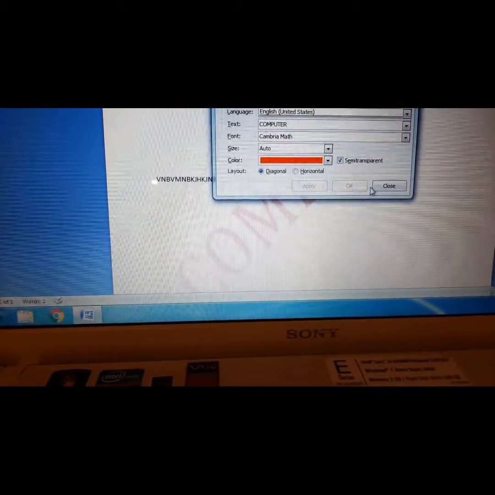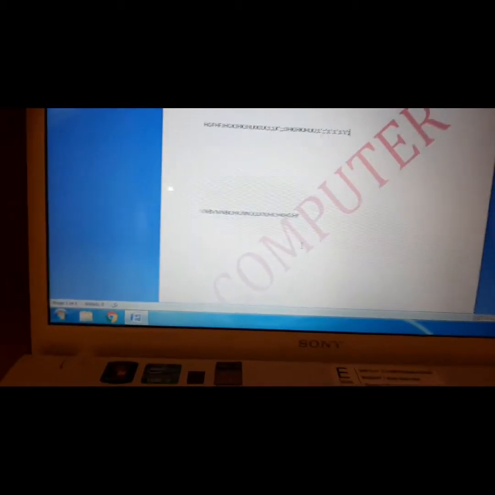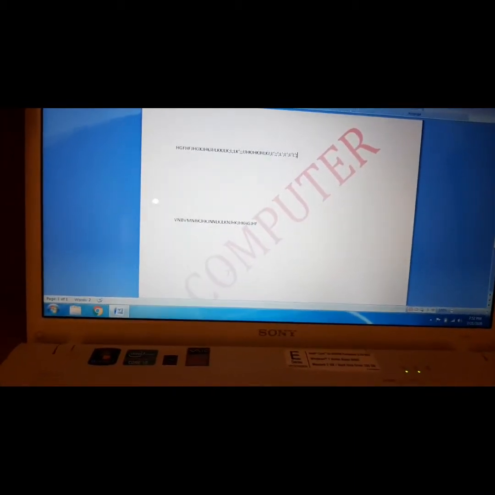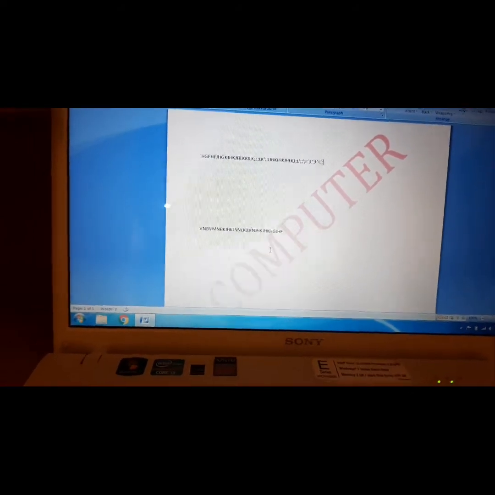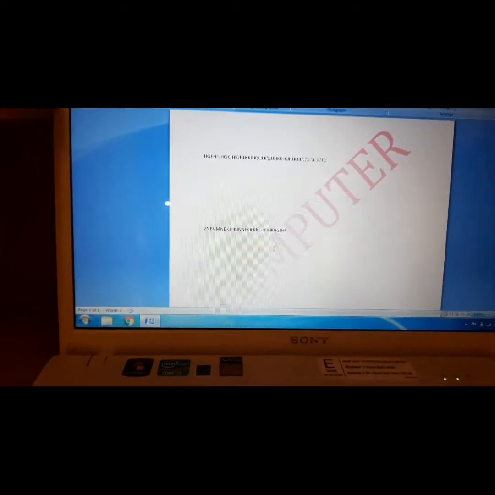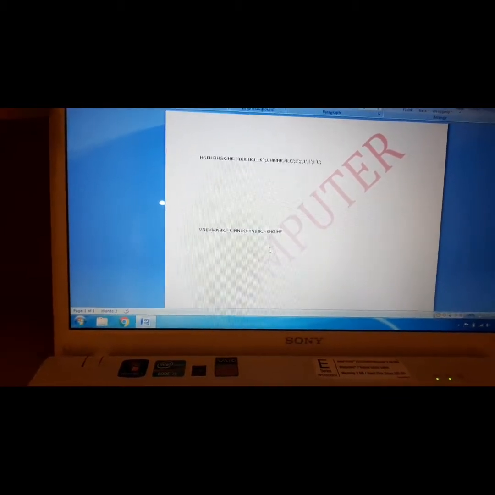Apply and close. So here you can see that I purposely chose some dark color so that you can see it nicely. So this is how you can apply or add a watermark to your document.